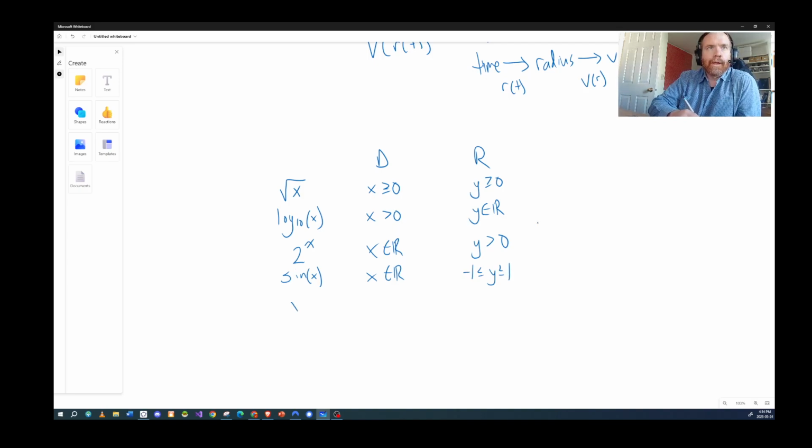Let's also throw in x squared and x cubed, just so we have them. Again, they're polynomials, so they never have a restriction in the domain. But this one has a restriction in the range, y greater than or equal to 0, whereas this one has no restrictions. Okay. Now, when you try to understand a